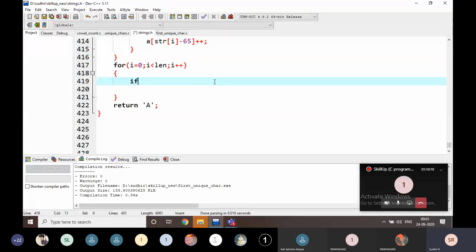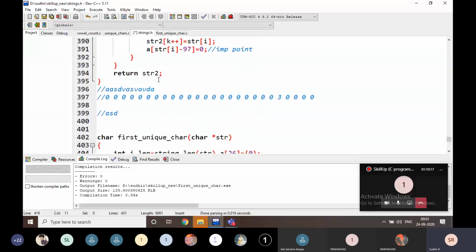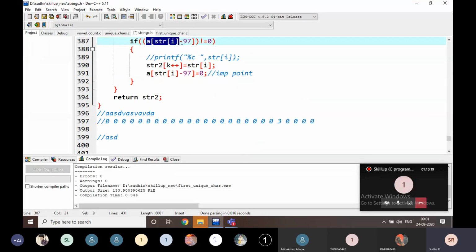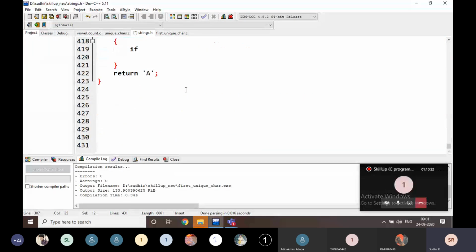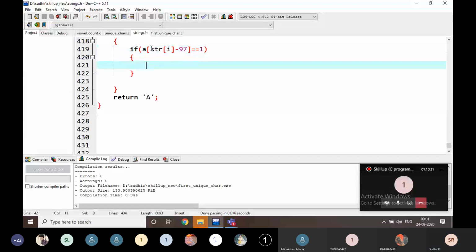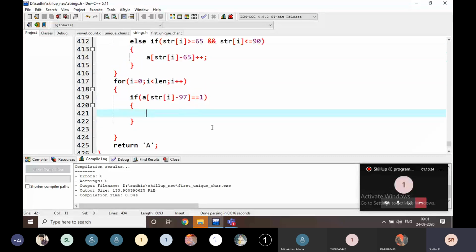If, I am going to, what is this? I am going to find this one. If this is 1, for example, if the count for the string character is 1, I am going to return that str of I. That's it, nothing else.